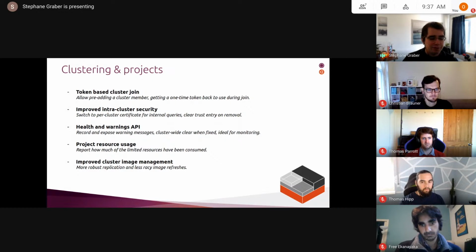On the other part of security. Right now, the way the cluster nodes communicate between them is by using the cluster certificate. And so if we see the cluster certificate as the client certificate being used, we're like, okay, fine, it's an intra-cluster request effectively. That works fine. The main issue there being that if we need to kick out a cluster node, then it still retains access to the cluster, which is not necessarily ideal.